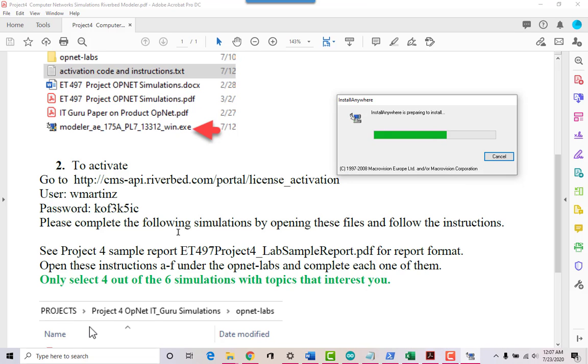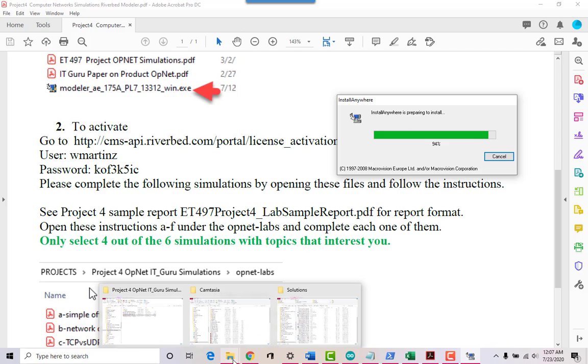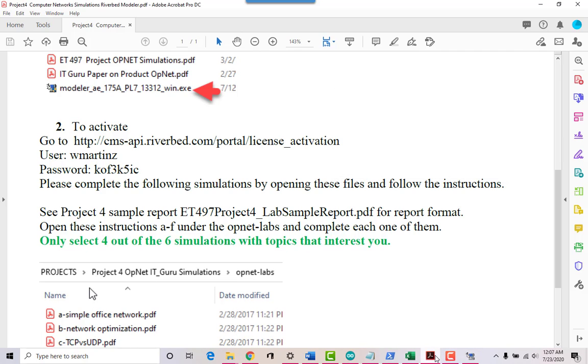While that goes on, there's also a sample project report in the memory stick, and it's the ET497 Project 4 Lab sample report PDF. You can open that, and let's see what that looks like.